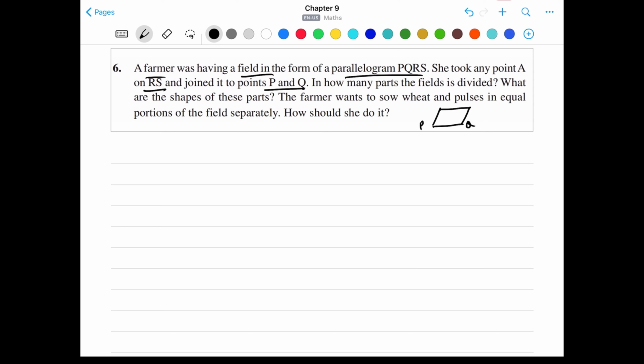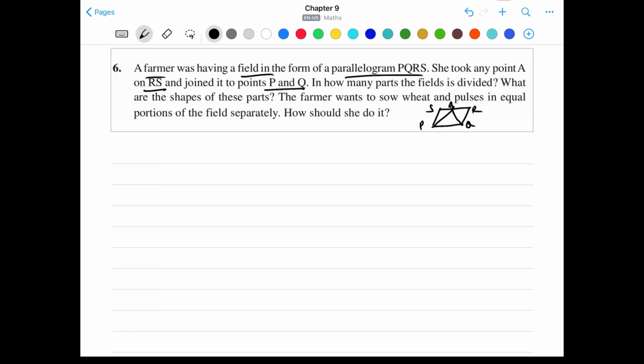Let's draw a figure PQRS. Okay, she took a point A on RS, SR or RS, you can say. Let's take that here, A. Okay, and join it to P and Q. In how many parts is the field divided? What is the shape of these parts? And the farmer wants to sow wheat and pulses in equal portions of the field separately. How would she do it? Okay,